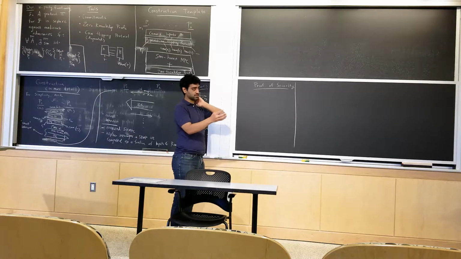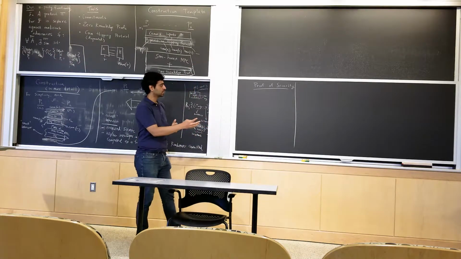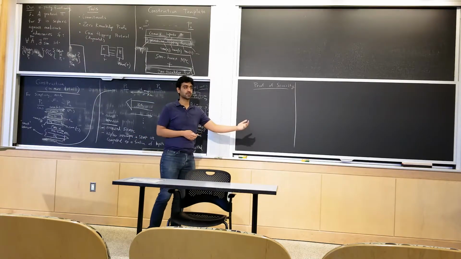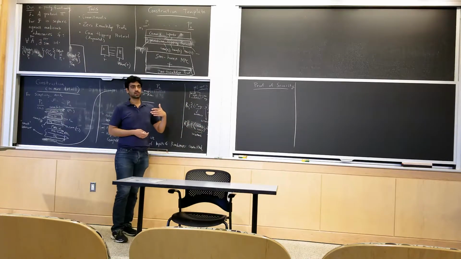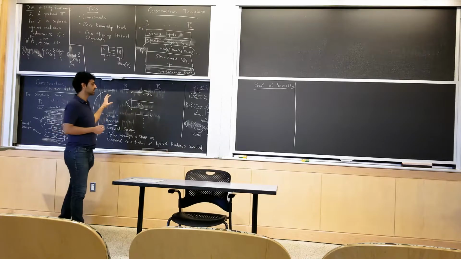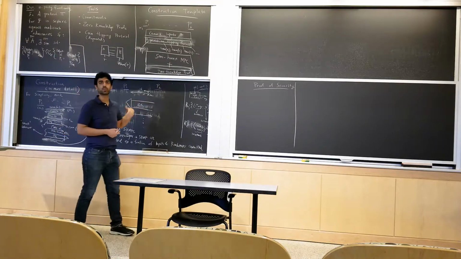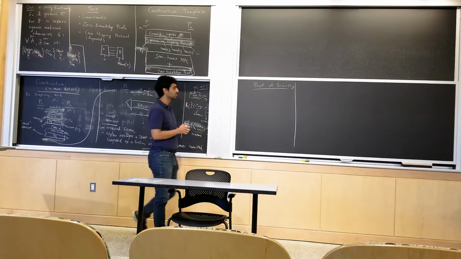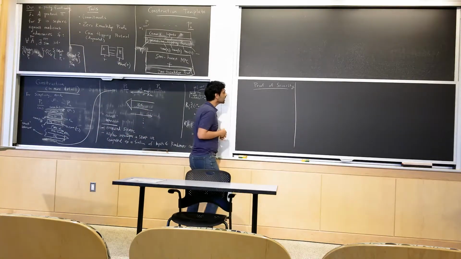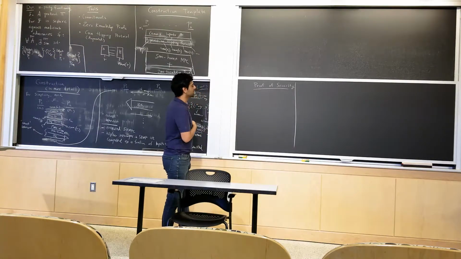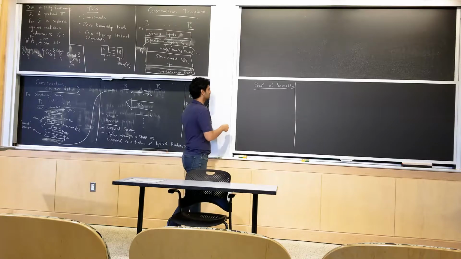Yes, ultimately we want to construct a simulator, but to go from the real world to the ideal world, right? How do we do that? Do we just go in one step? So we need to switch from the real world to the ideal world step by step, right? And this is called the hybrid argument. Right? So, as you pointed out, let me first describe the simulator, and then we will use the hybrid argument to go from the real world.